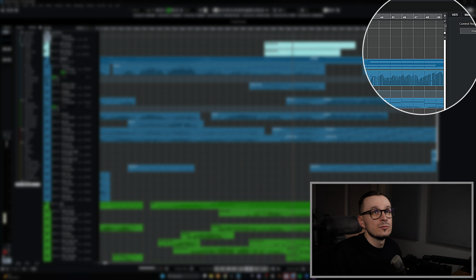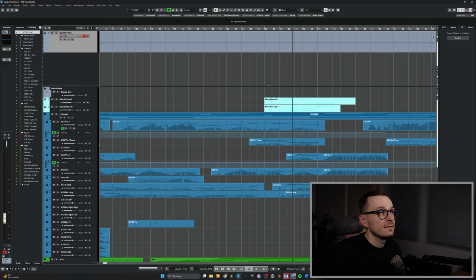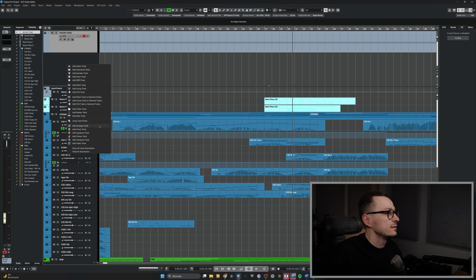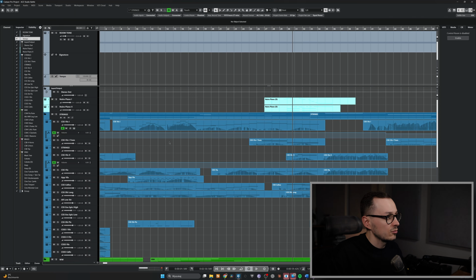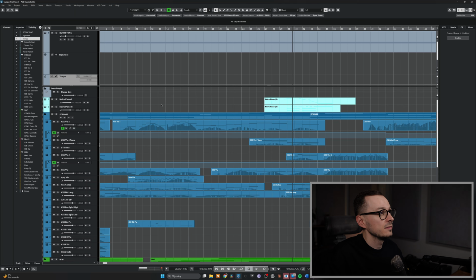To activate it, you can find this option here in the right upper corner, divide track list, and now you have two sections. So let's simulate this scoring. For example, let's add the signature track, tempo track, and now when we scroll here, this section above remains still all the time. This visibility splitting is also available in the mix console, so let's go to the mix console,